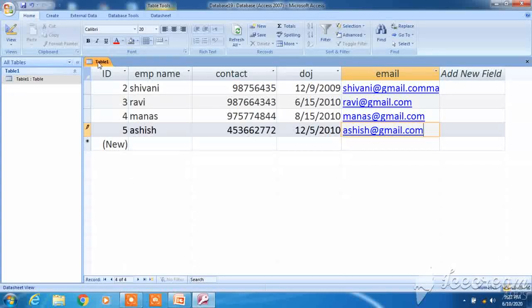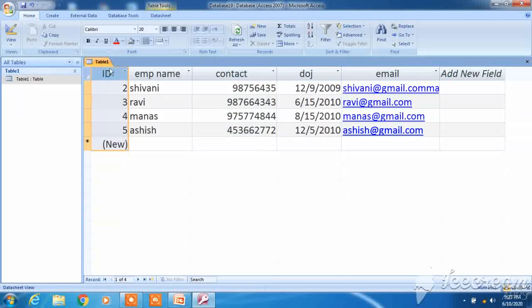This is the name of the table. And now what is a record? These are the records we have entered in the table. This selected one is the first field, second field, third field. This is a field. Whatever we have entered in this is a data item. And what is the primary key? The primary key is the field which is having a unique value.